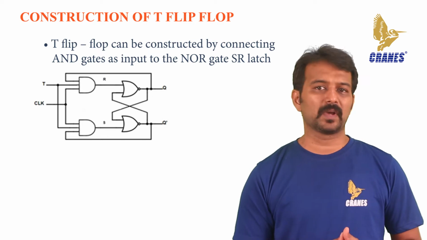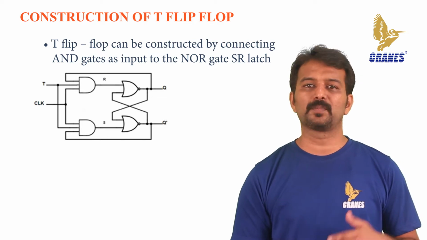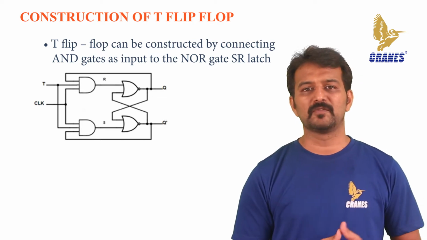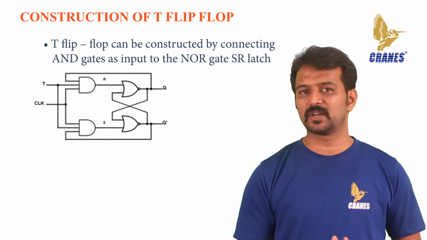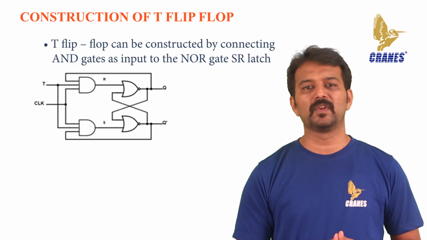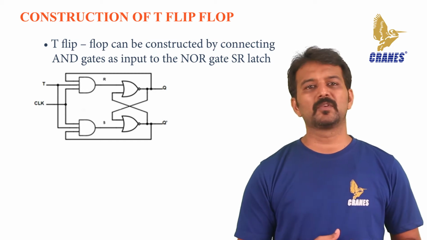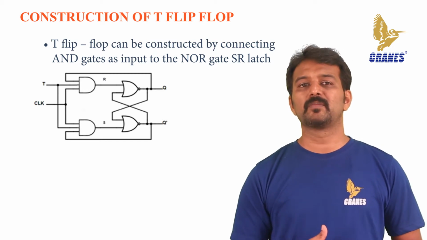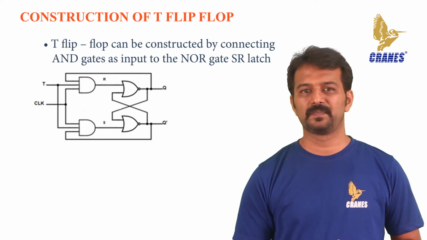In the T flip-flop, a pulse train of narrow triggers is provided as input T, which will cause the change in the output state of the flip-flop. So, these flip-flops are also called the toggle flip-flops. The circuit diagram of a T flip-flop constructed from an SR latch is being considered.